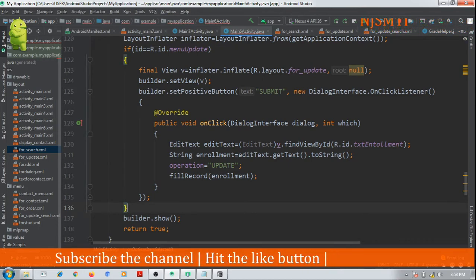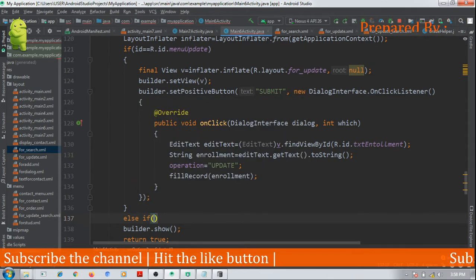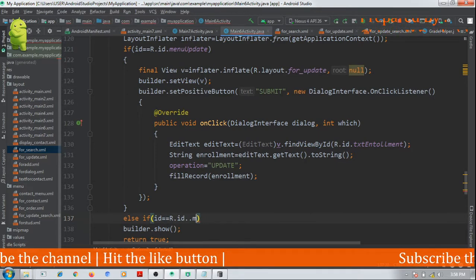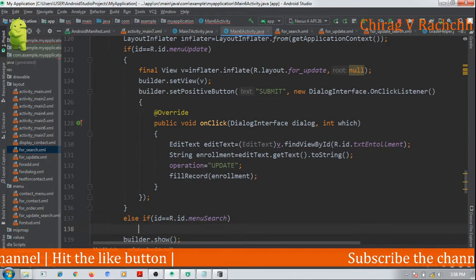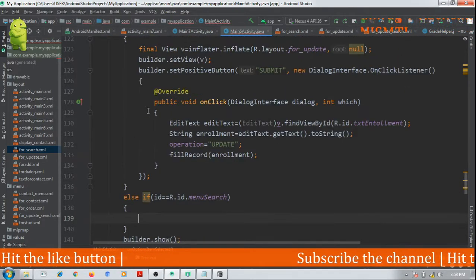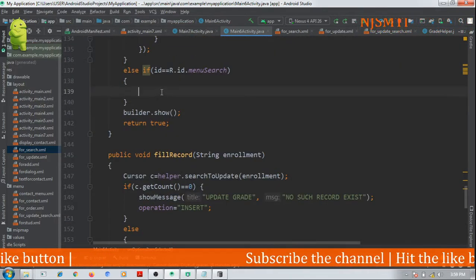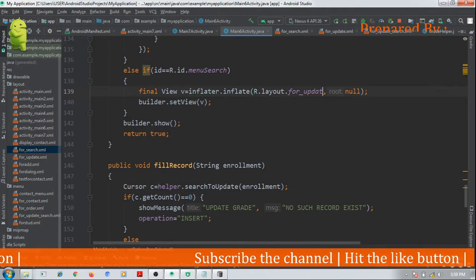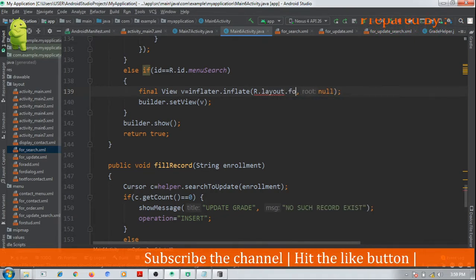Now here it is the else part of the if. Else if id equal to R.id.menu_search, then again we need to inflate and set the view, so I will copy from here. But now we need to update, inflate for search.